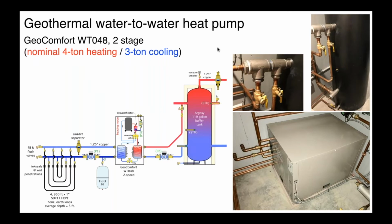So in a sense, we're just taking away about 25% of the capacity of that heat pump using that bypass valve. And we selected that because, again, we needed the full 4-ton capacity. One of the things that I mentioned last week, but again, we'll get into it in a lot more detail